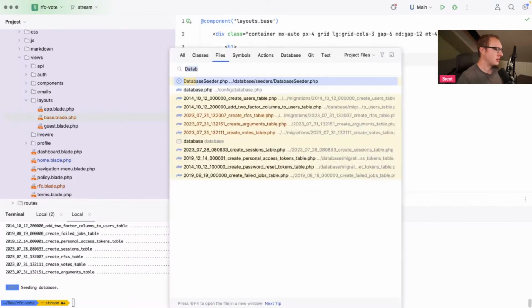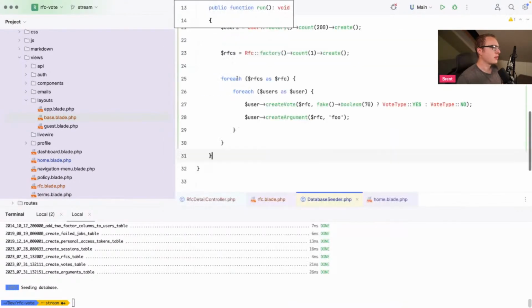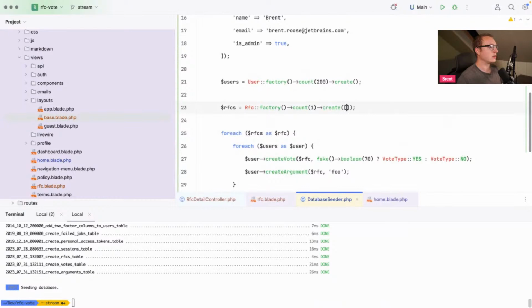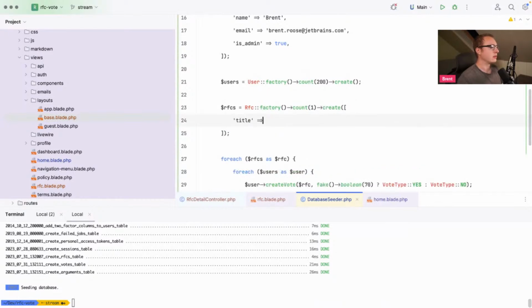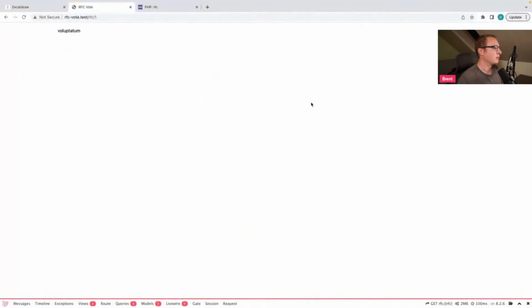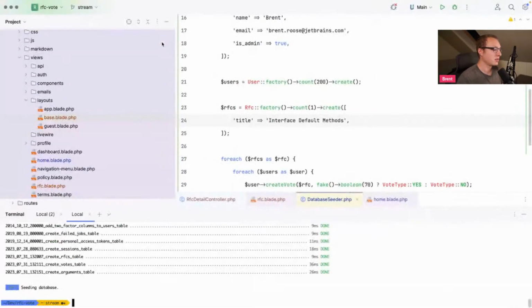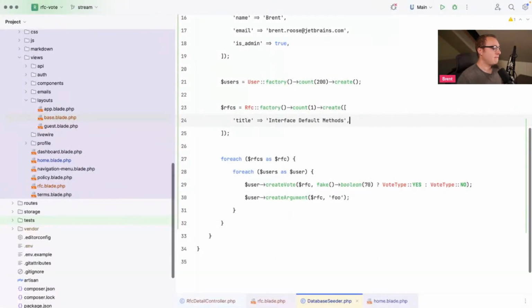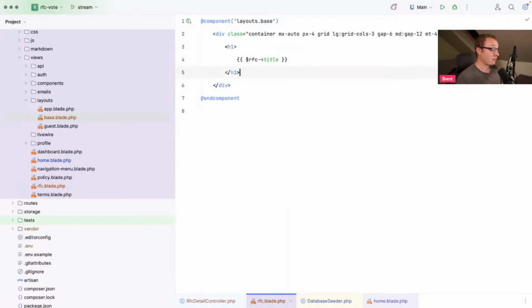Okay, and one more change I'm going to make to my database header here is, let's say, create title and what was it called? Interface default methods. Just so that we're working with a little bit more, yeah, better. That's better. Okay, so we have our title, and then we want to, I have to look at my notes again,